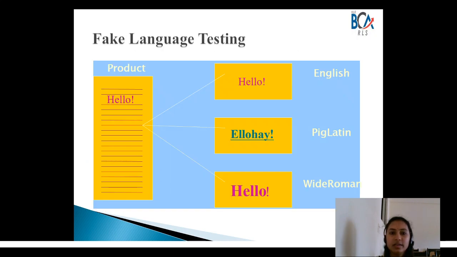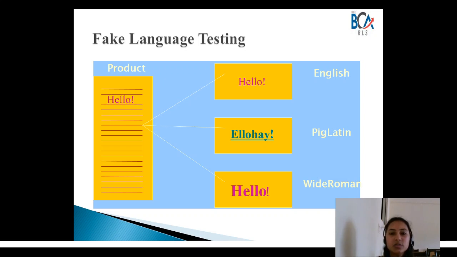Now let us see what fake language testing is. This is testing used with a software translator to catch translation and localization issues at an earlier stage of your software development.